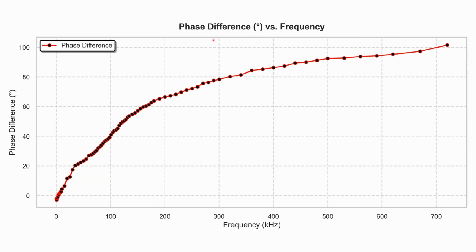This graph represents the phase difference versus frequency for a photodiode experiment. The phase difference indicates the time lag between the input light signal and the photodiode's electrical output. At a low frequency, the phase difference is nearly 0 degrees, meaning the output is almost in sync with